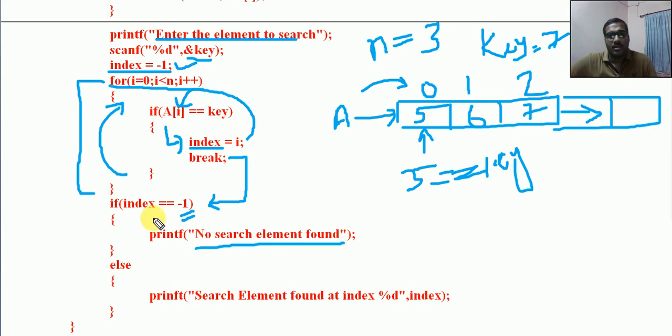Okay, now what about this one? Whatever the iteration, whatever happens with this loop, it will come out of that. It will first check whether index is equal to -1. No, it is not, right? It is 2, so it will not execute this one. Else, if you have some other value for index, it will print